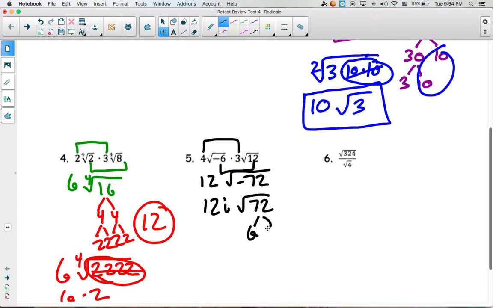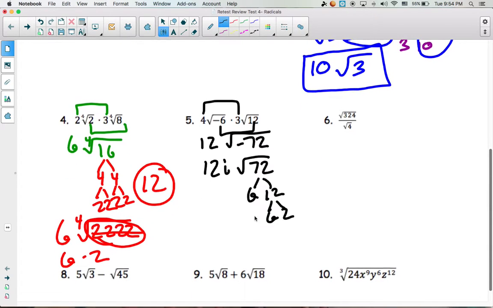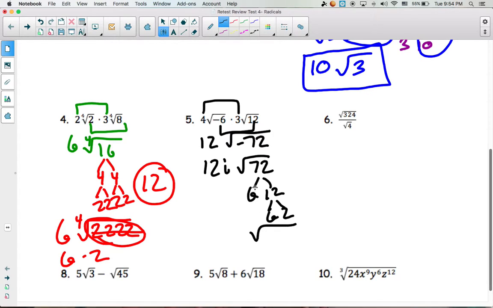We know that's 6 times 12, and 12 is 6 times 2. Now we're taking the square root, so we just need two of the same number. So you could keep prime factoring it. I'm going to leave it like this. So 72 is really 6 times 6 times 2. And with the square root, you need two of the same number, so 6 will drop out, and the 2